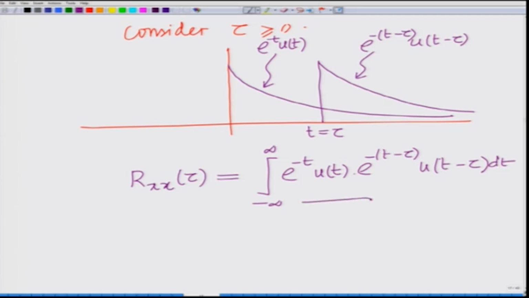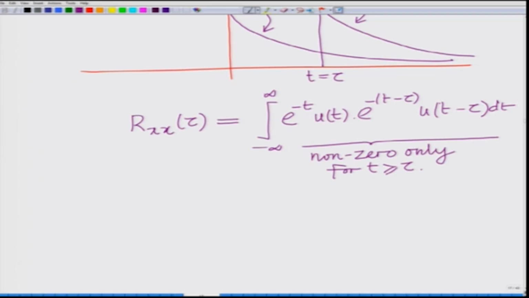Observe that this is non-zero only for t greater than or equal to tau. If you look at this plot, the overlap is only for t greater than or equal to tau. Therefore, the product is non-zero only for t greater than or equal to tau, and